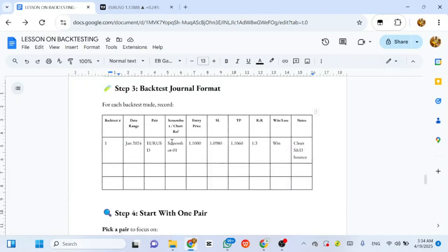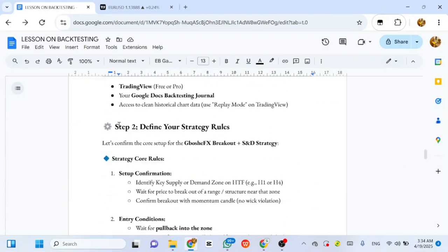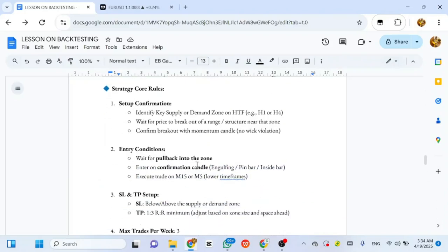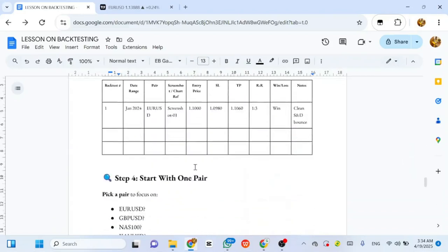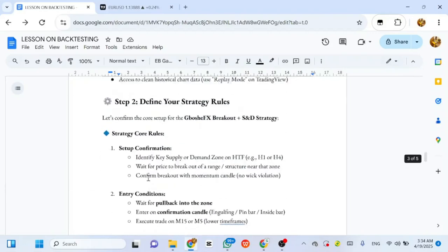First of all, we know our edge. What is our edge? This is our edge. It's the set of rules we apply to the market. So what do we do again? We need to know which pair we are doing this backtesting on. For the purpose of this, I will consider EUR/USD, right? Yes, I'm considering EUR/USD. So considering EUR/USD, this is our system.